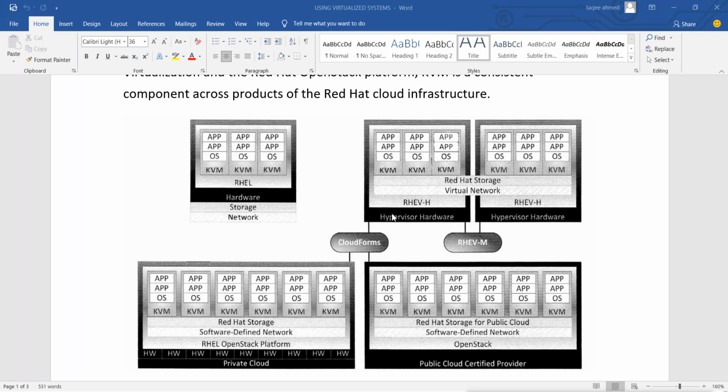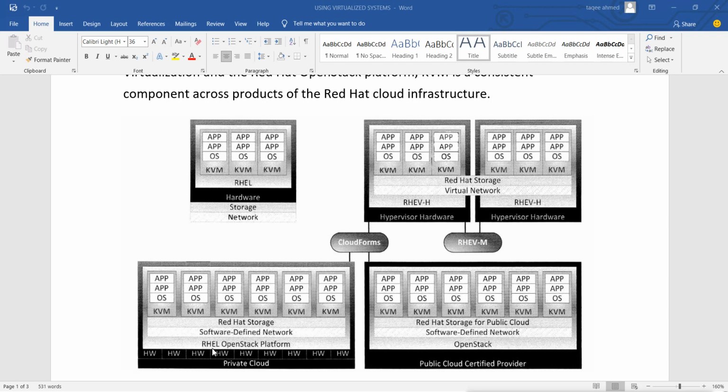There, directly, we have a virtualization platform like Zen Server or VMware. We have RHEV virtualization in this, RHEV-H. This is what we can say is a directly virtualized operating system. It works directly on the hypervisor hardware, and on that we can create these virtual machines, and it is managed by the RHEV-M, the manager. It is the cloud form of this virtualized environment, where we can have a private cloud or we can have a public cloud.